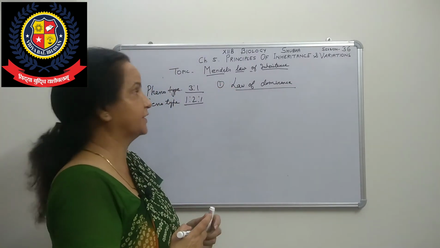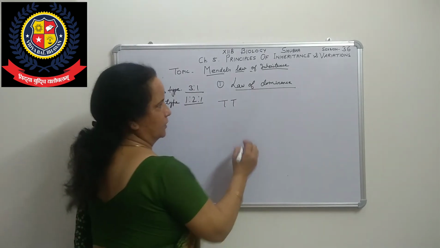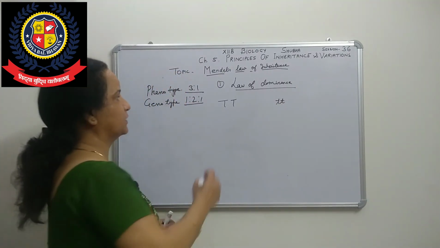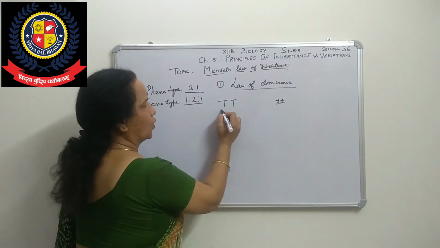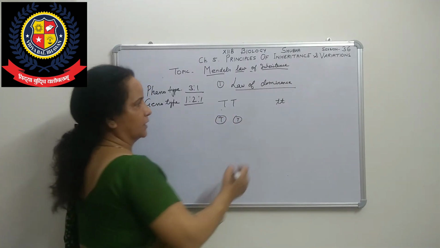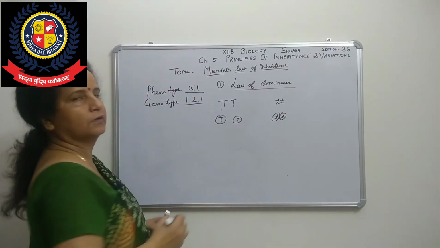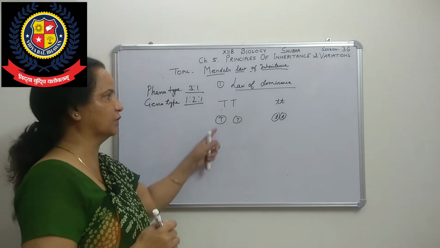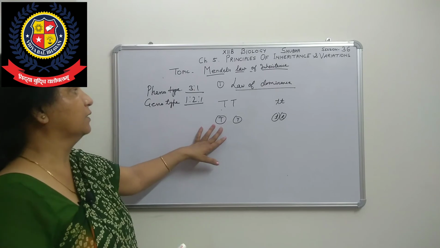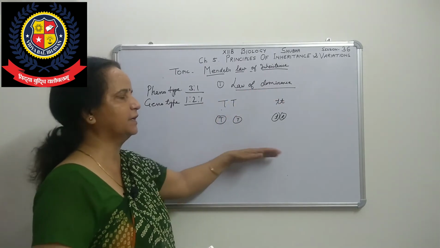For inheritance, he first told that alleles are in paired form, whether it is a dominant trait or a recessive trait. At the time of gamete formation, only one of the two will come into one gamete, the haploid condition. So they are segregating. Then he told that after crossing, each organism with the diploid condition comes in the next generation.